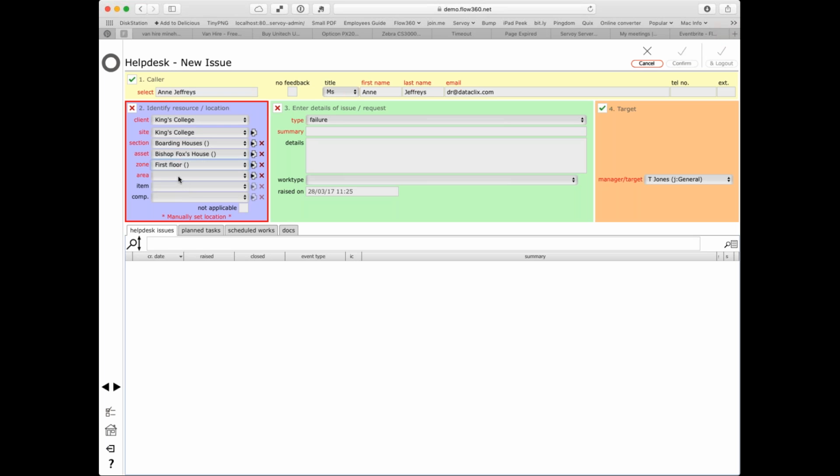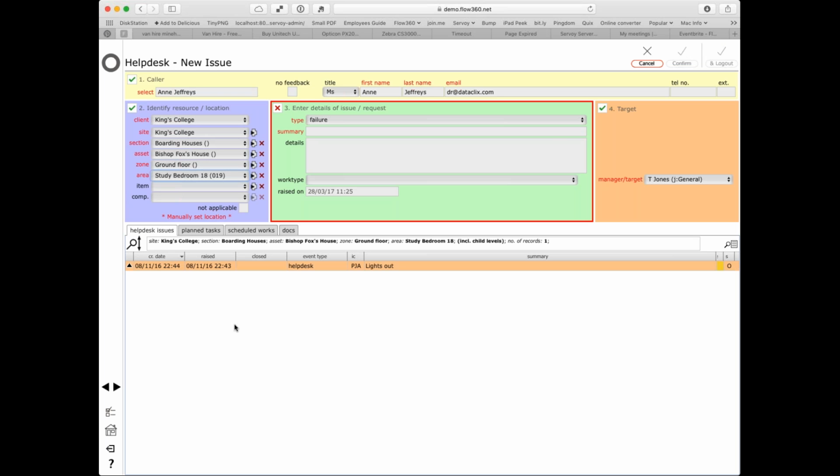And maybe the location is, let's say we go ground floor and study bedroom 18. As soon as I select study bedroom 18, something has happened down here. I can see that there is already an issue logged on the system, not logged by me, but by somebody else, that says the lights are not working in study bedroom 18. So if that was the issue I was about to log, then at this point I can say, fine, someone else has done it. I can simply hit the cancel button at the top,